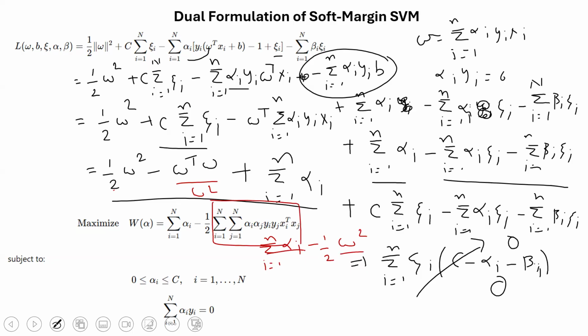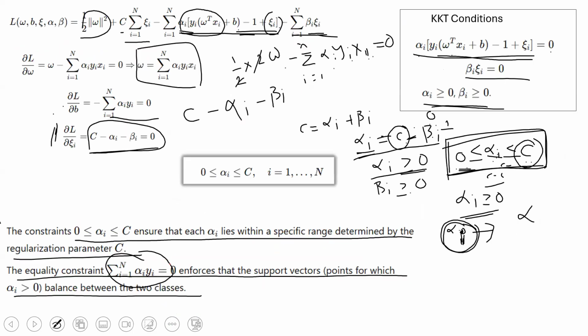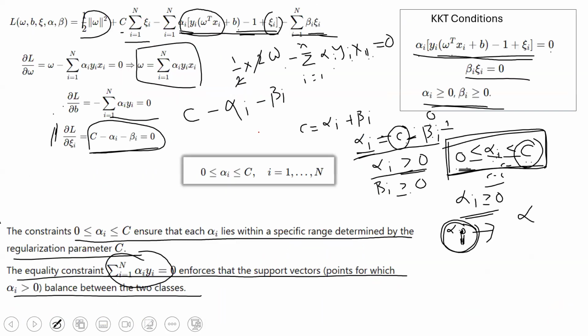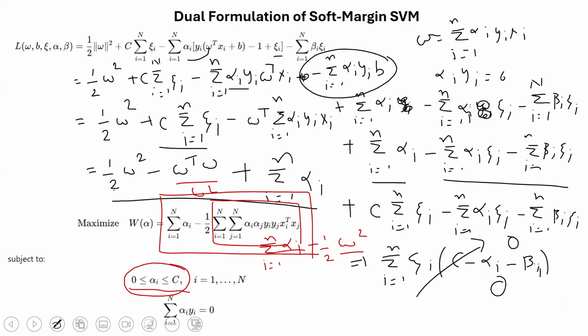So now what is changing between the primal and second? The dual formulation didn't get changed. The only thing that got changed is the value of alpha, which is just in between 0 and C. Earlier, alpha is greater than 0 in the dual formulation of the primal equation, right? So this is the dual formulation of the primal equation. Here alpha is greater than or equal to 0 for every I. But here in the soft margin SVM, alpha value will be just in between 0 and C. Okay, so that is the only difference between the dual formulation of soft margin SVM